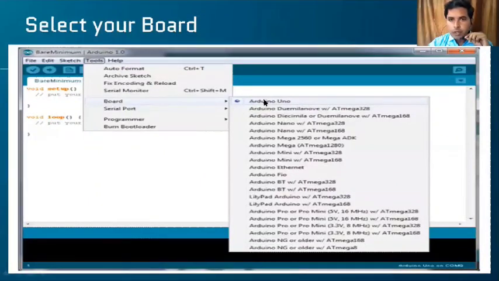You have to select Arduino Uno because there are many Arduino boards, and presently we are using a basic Arduino one. If you forget to select this Arduino Uno, or whatever board you are using, you won't be able to upload any program to your board. You'll get an error like board is not found. So before writing any program, you have to select which board you are using. This is about selecting the Arduino board.